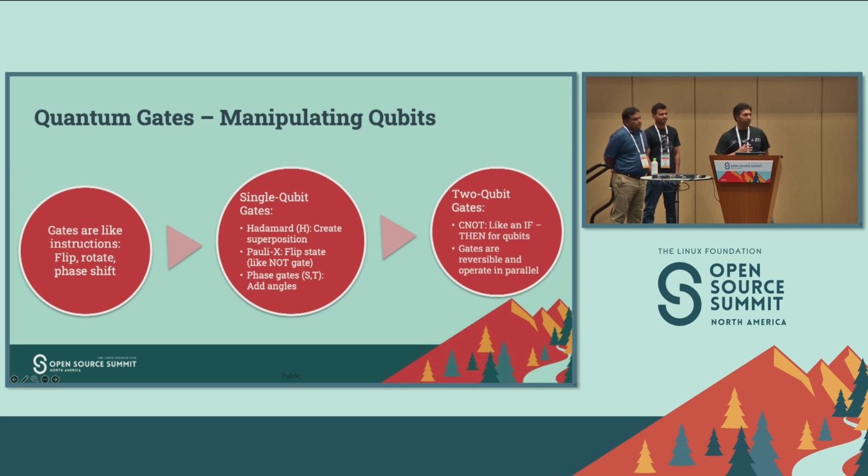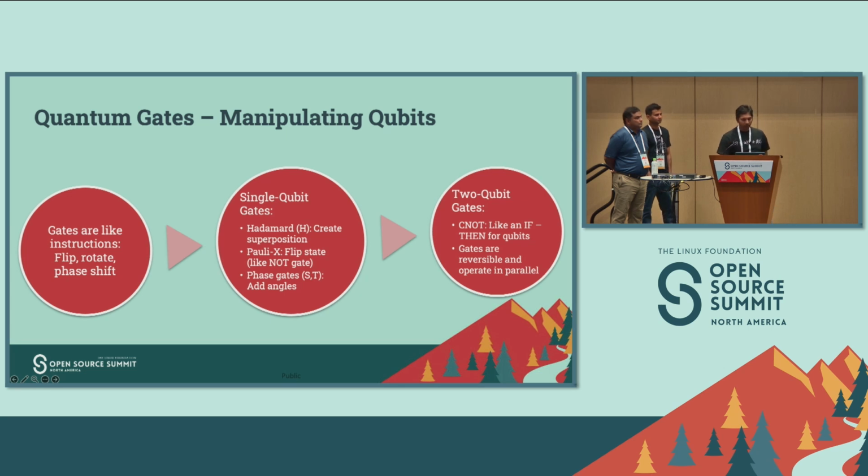Again, we don't want to go into the math equations here. It's introductory. Applying a Hadamard gate onto a qubit creates a superposition. So 0, 1, and we'll have a